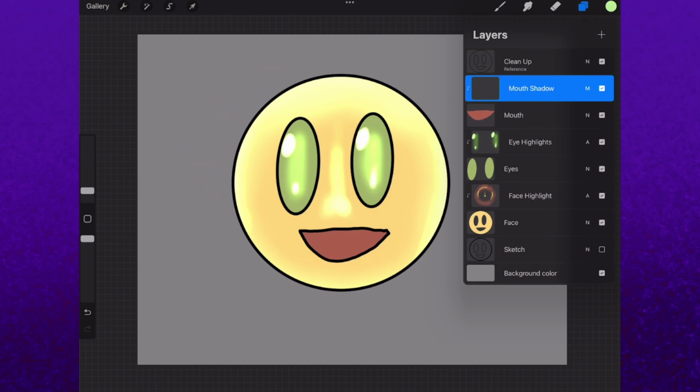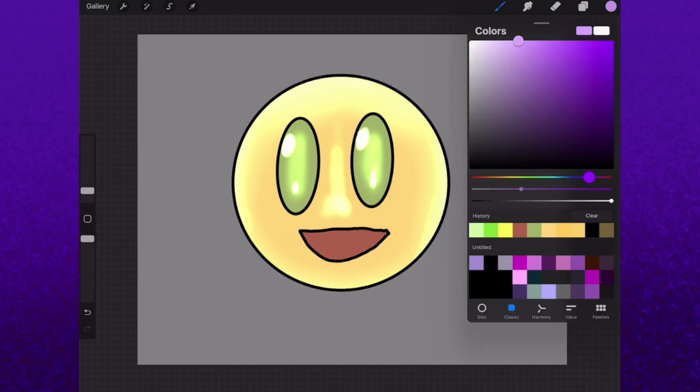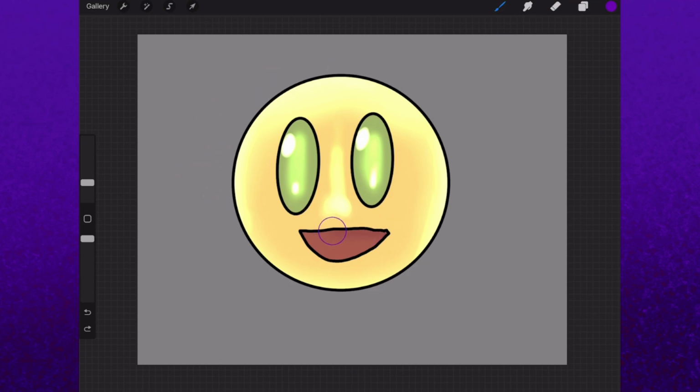Now this is just going to make it darker, so I guess it just multiplies the darkness of the color under it. So I'm gonna go to like maybe darker purple or something, and then you'll see that we get this multiplied face, like so. Okay,